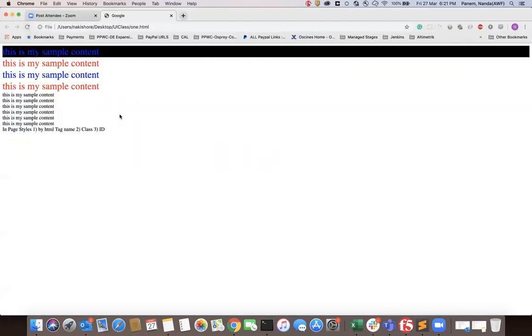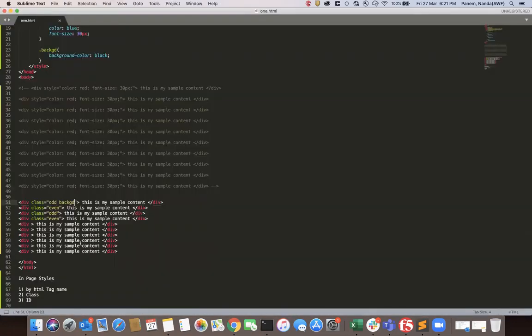If I execute, you can see background color is applied. So we can provide multiple classes to an HTML element by using the class. Got it?